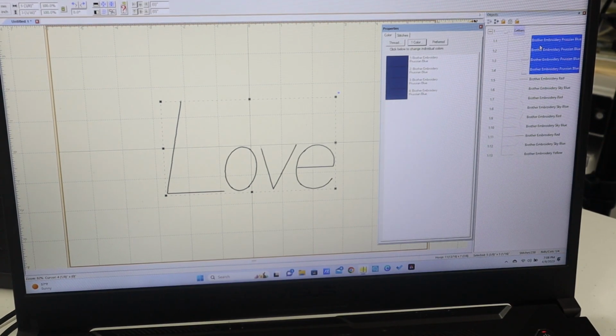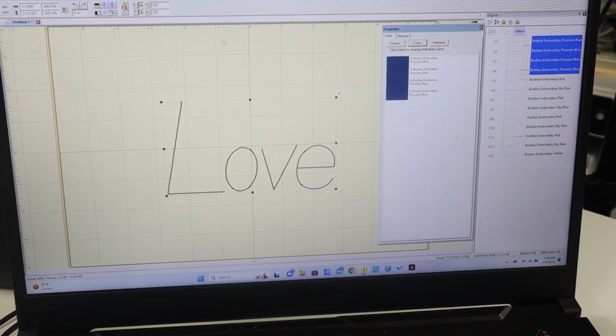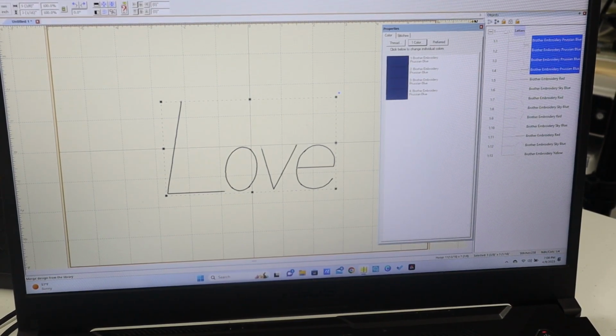So what I need to do is I'm still holding down my control. I'm going to click on the L and move it first, and now it should be first, but that didn't work, so I hit it again, move it first, click again, move it first. Now I have it L-O-V-E the way I want it, and I can prove that by doing the stitch simulator